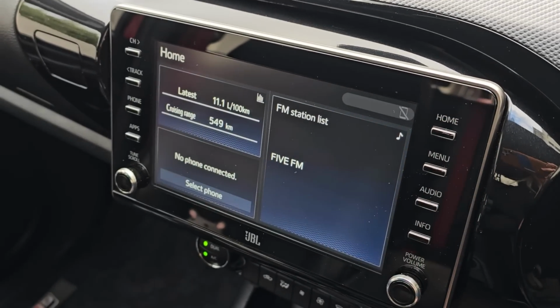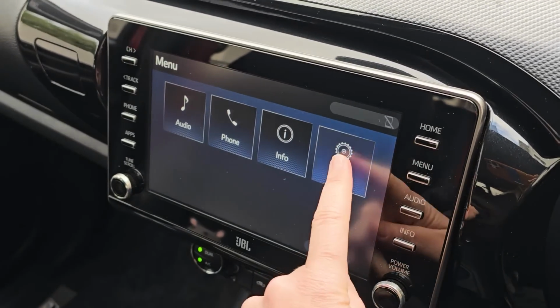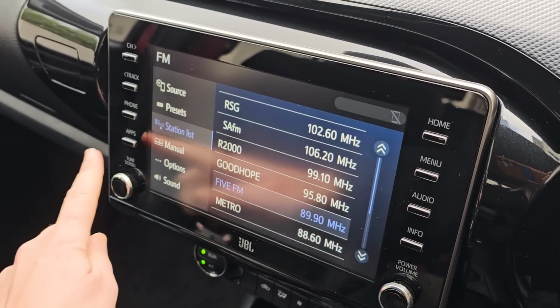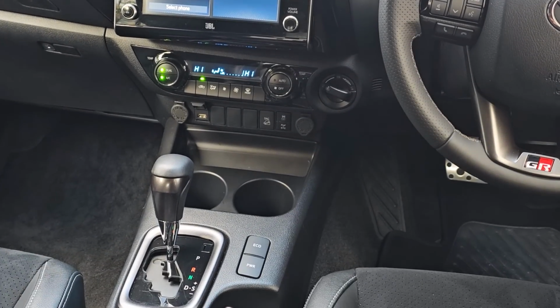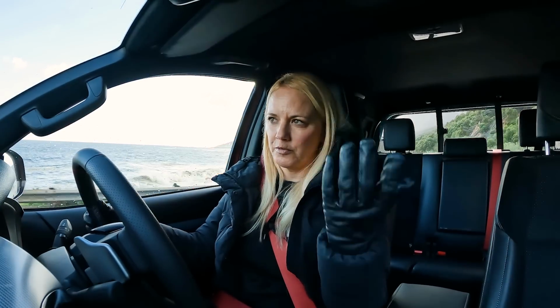Overall it feels good. The infotainment system is, you know, typical Hilux, so I would love it to be a little bit updated now, but it has all you need in it, I guess. It also has a JBL sound system with 9 speakers in here. There's also been a reduction in the noise, vibration and harshness in the cabin. You can feel it. To be fair, I'm on a smooth road, but it is really quite refined and